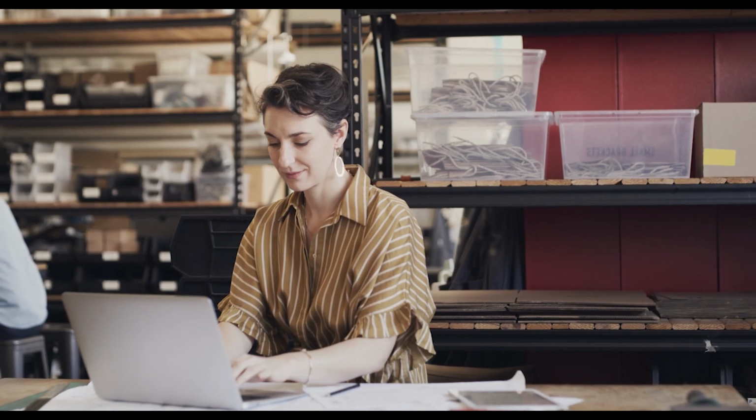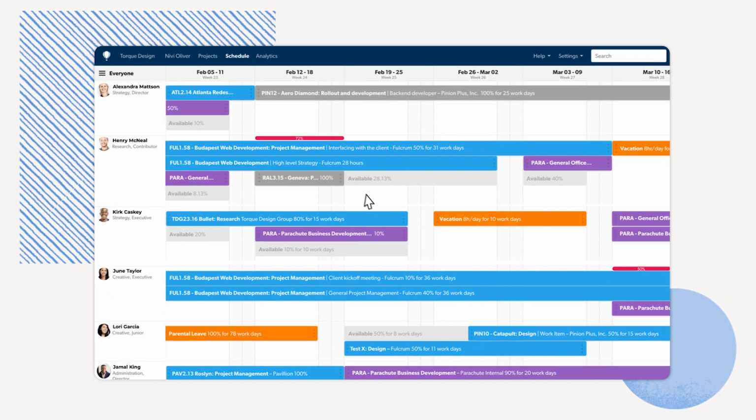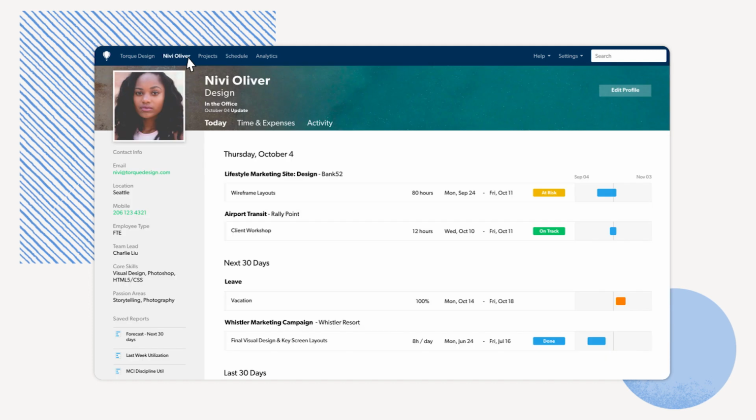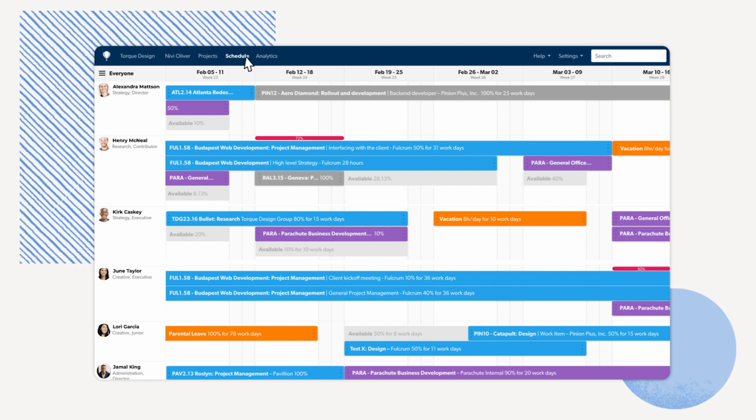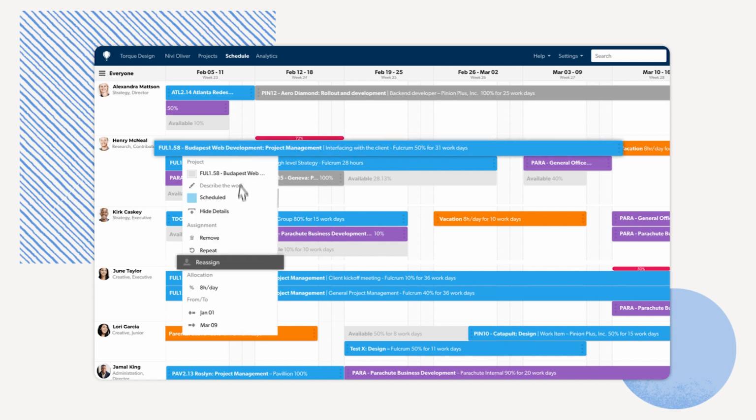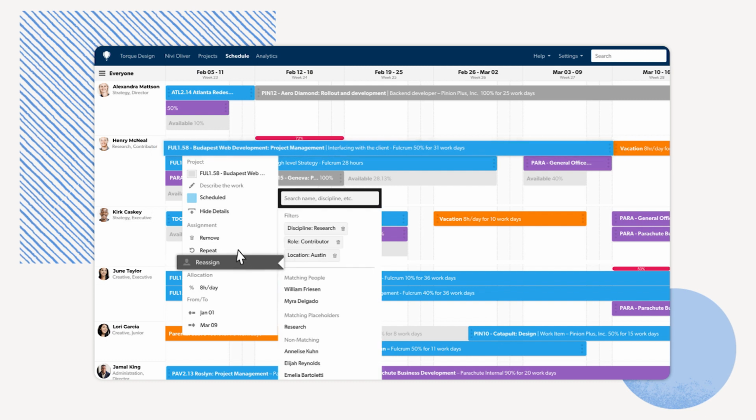People are at the heart of your project, so you need a clear view into who's working on what, who's overloaded, or whether you need to hire. Here you can see your team's capacity at a glance. Create rich profiles for each team member so you can match the right people for specific projects based on what's needed for the work. Filter your team based on this specific criteria and use those filters to set up custom teams. As your projects progress and resource demands change, it's easy to reassign work. Select from team members that are an exact match, or look for individuals that meet different criteria.